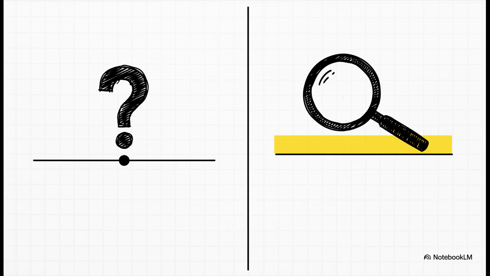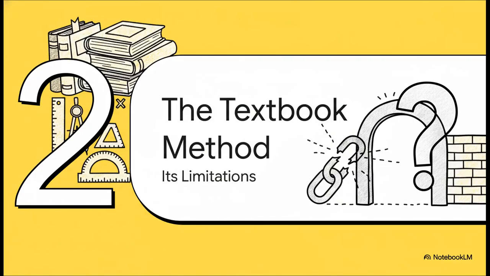So instead of just saying the average height is 5'9", it's way more useful to say something like, we're pretty confident the true average is somewhere between 5'8" and 5'10". See? That range is everything. It captures our uncertainty. Okay, so how do we actually build that range? For years, the go-to has been the textbook method. But, and this is a big but, it comes with some pretty surprising limitations, especially when you're dealing with messy